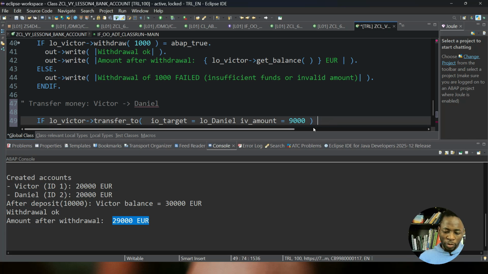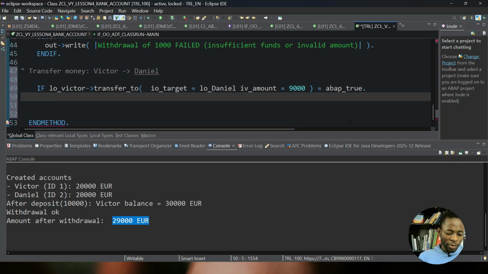Okay. So we apply some checks in the background. So if this Daniel and amount equals ABAP true, it first checks, okay, IO target is not initial, which we defined in the class. Then the amount, the sufficient amount. So if everything checks out to be ABAP true, then we can proceed to carry out whatever I want to carry out. So we're going to print out that the transfer was successful. Transfer of 9,000 euros